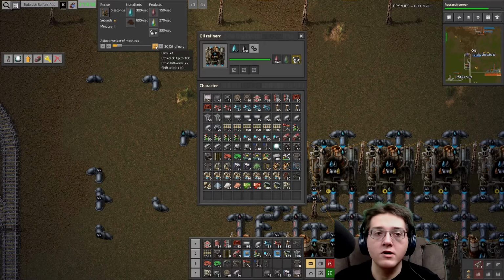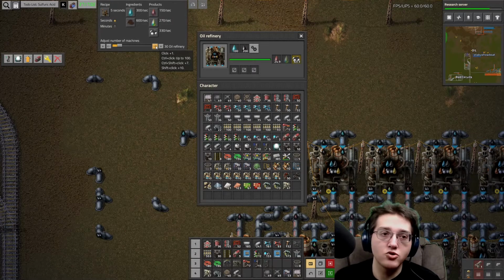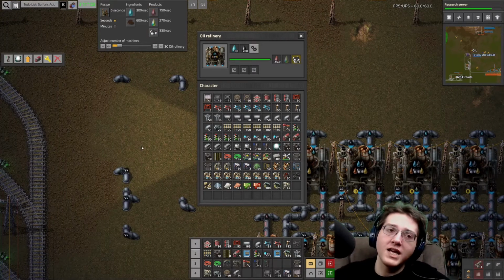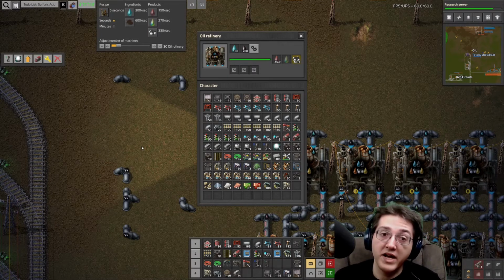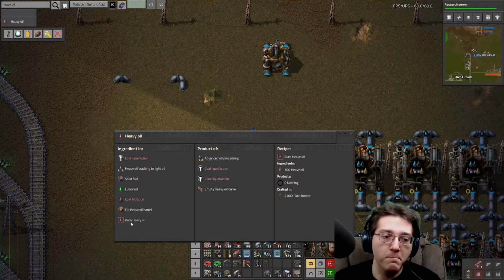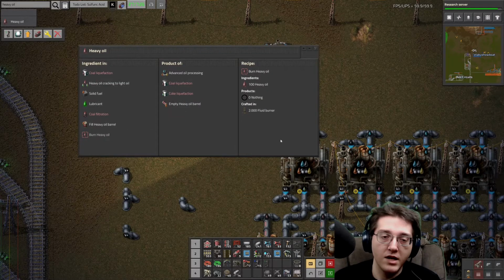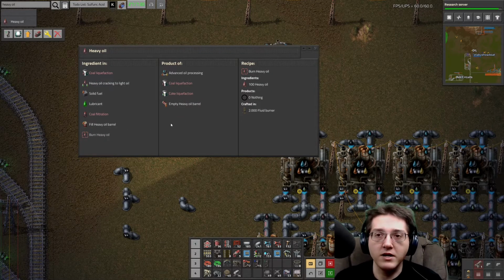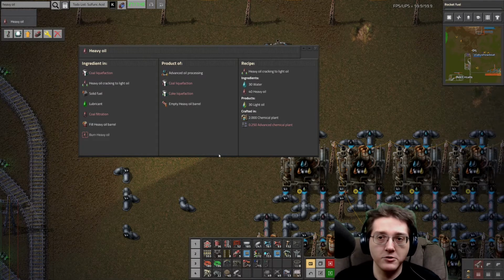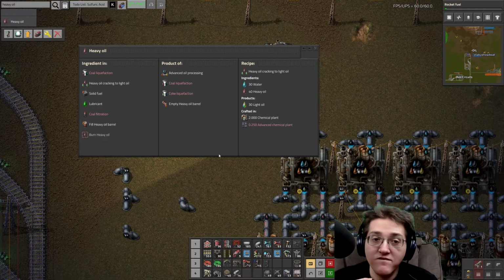Because I don't need heavy oil for anything other than lubricant, and then any extra can get cracked down into petroleum gas. This is Krastorio, which means I have access to a flare stack, which means I can get rid of this heavy oil. I'm pretty sure heavy oil can be straight up burned in a fluid burner. And so can excess light oil. This is not a good idea when you absolutely have access to being able to crack it into light and then light into petroleum. I would always crack down to petroleum,